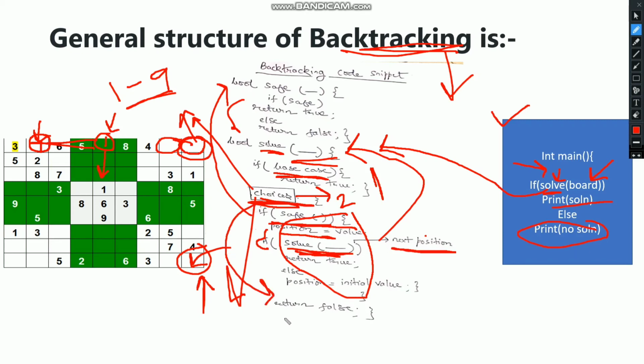As the solve function is recursive in nature, return false will move to the caller of this cell. The caller of all the cells in this board is the solve function. So return false will move to the caller of this cell.